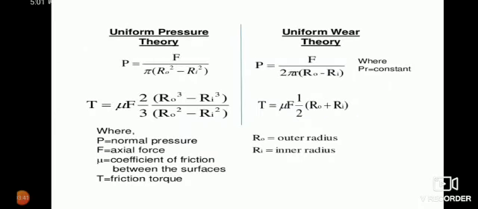Uniform pressure theory formulas. P equal to pressure equal to F divided by pi into R naught square minus Ri square. Torque T equal to mu F into 2 by 3 into R naught cube minus Ri cube divided by R naught square minus Ri square. Uniform wear theory. P equal to F divided by 2 pi into R naught minus Ri. T equal to mu F into 1 by 2 into R naught plus Ri. Where P is nominal pressure, F is axial force, mu is coefficient of friction between the surfaces, T is frictional torque, R naught is outer radius,